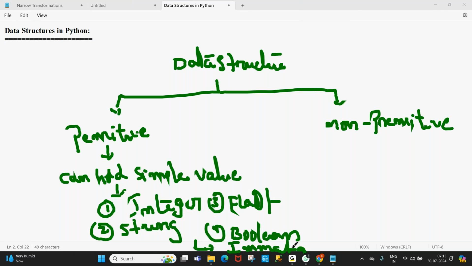In Python, everything is treated as an object. Everything in the sense, an integer value will be treated as an object and a float value will be treated as an object. Better, practically I will explain first primitive data types and what we mean by immutability. Let us try to understand.